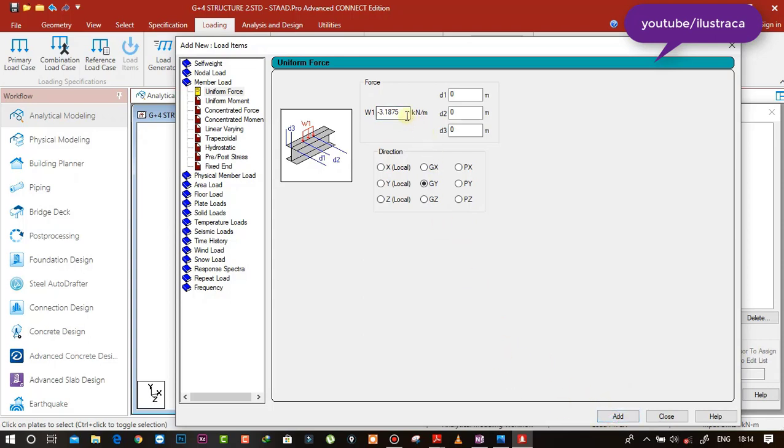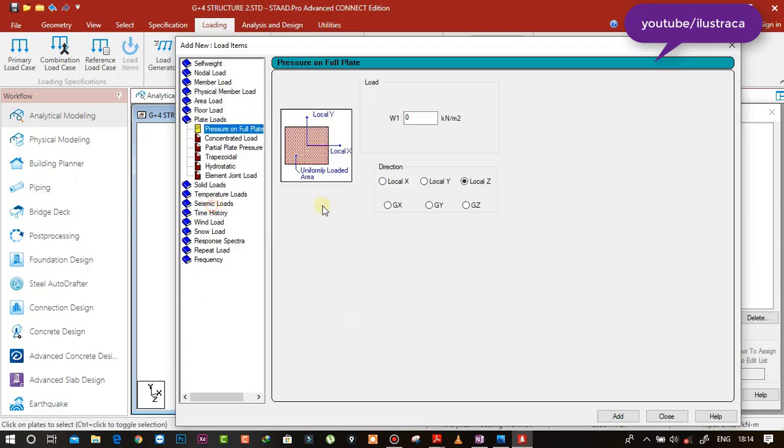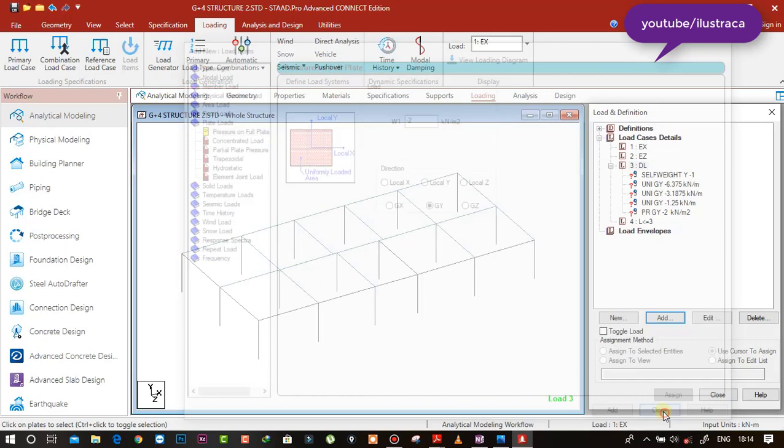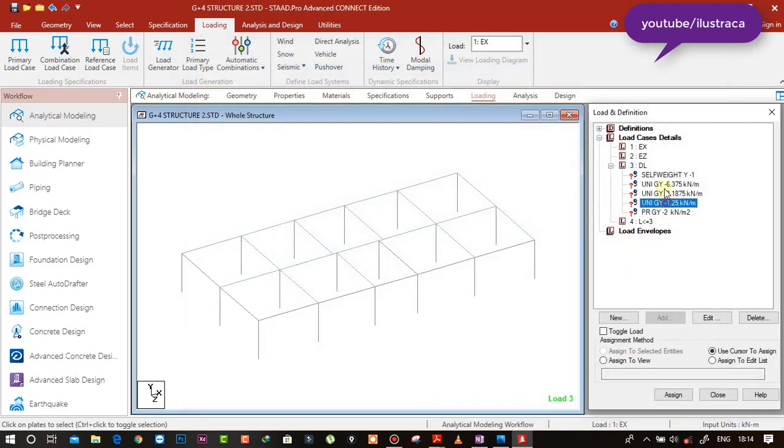Click on add, and for parapet wall, which is 1 meter height, we are going to get the value of dead load 1.25 in GY direction, and then we are going for plate load. So let's go to the plate loads, and we are going to consider 2 kN of plate load, dead load, which is for the tiles and other floor finish loads. Click on add, close. So these are the dead loads here.